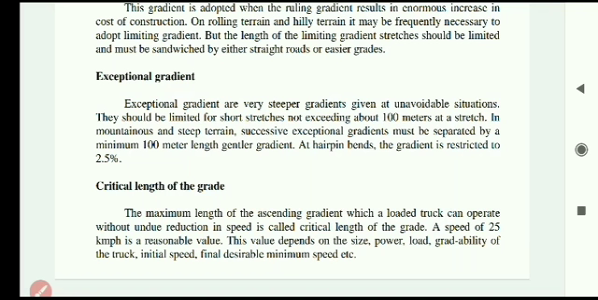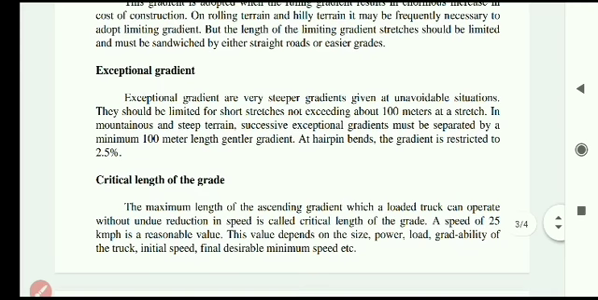Then comes critical length of the gradient. Critical length of the gradient is the maximum length of the ascending gradient which a loaded truck can operate without undue reduction in speed. See, this gradient is a part of the exceptional gradient, or these gradients are provided across the mountainous or steep terrain in order to balance the trucks and the vehicles. See, you can see